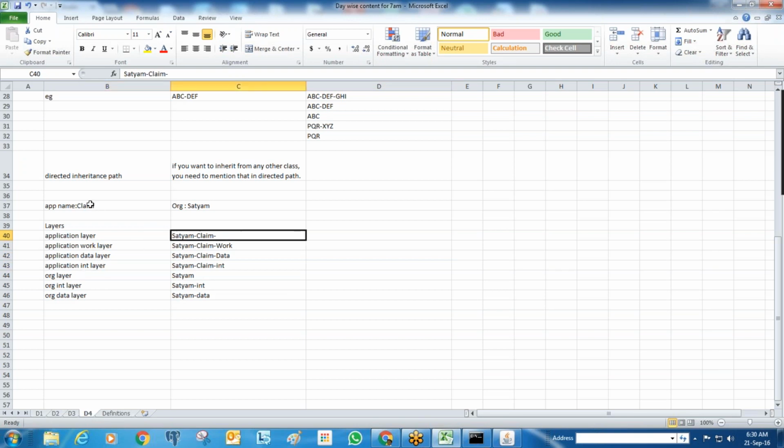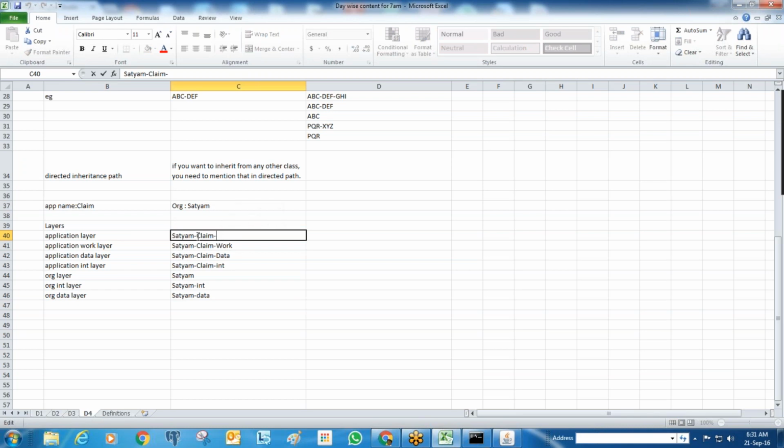The system will create the structure like this if you give the organization name and the application name. You can see this is the organization layer and this is the application layer, so the structure is prepared like that.